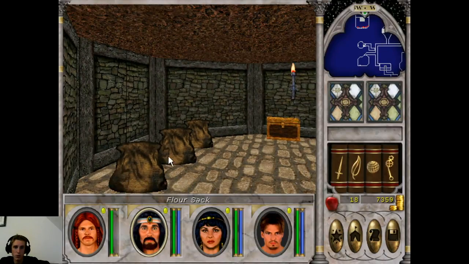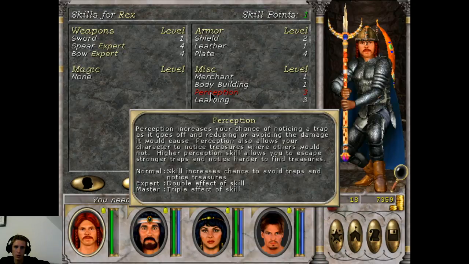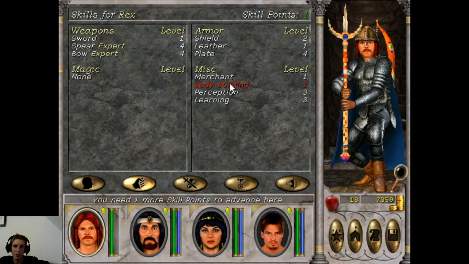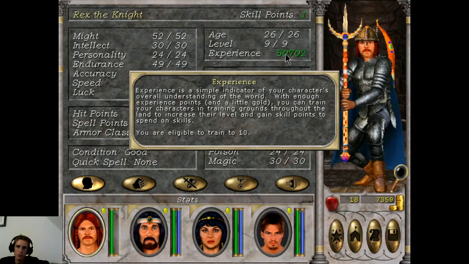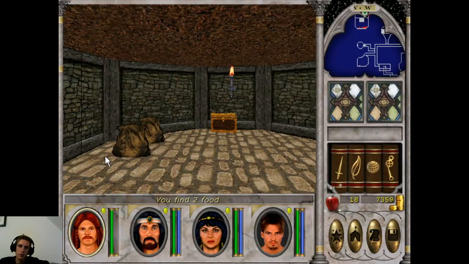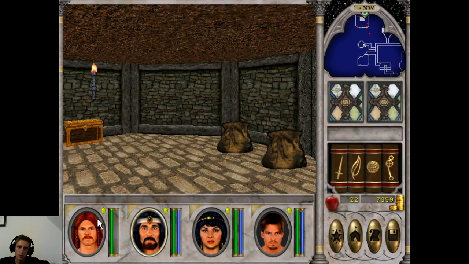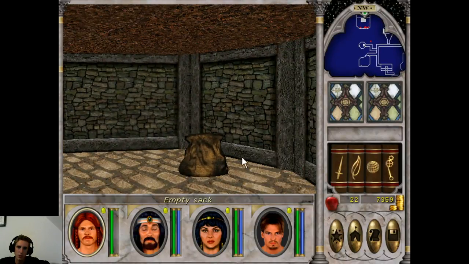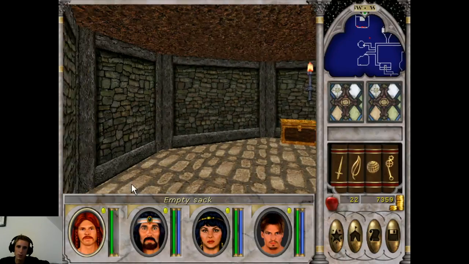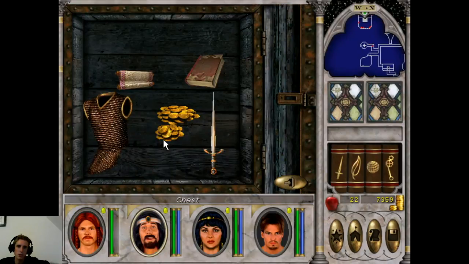Okay, you want to use your perception character for this. I got 3 in perception. Actually, I have 4 and being expert by now, but I haven't trained it yet to level 10. So use your perception and you can find things in these. Empty, you see, it's better to use the one with perception. You got a bigger chance to find things,